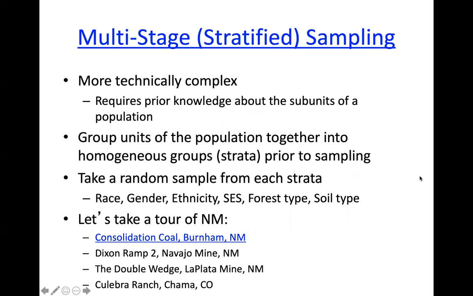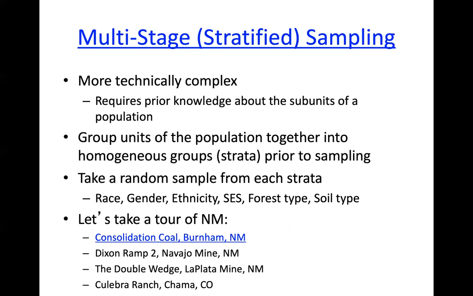So another way to do sampling that is based on the laws of probability is called multi-stage or stratified sampling. It's more technically complex, but we do it all the time now. What you need to do is look at the population and identify some subgroups, subunits of the population. These could be different types of individuals by race, ethnicity, class, status, whatever that is. Or it could be a specific vegetative area, and you have some wetlands, and you have some highlands, you have some other riparian areas, and you have some desert landscape. If you know what those different areas are, and you can identify what they look like in the total population,